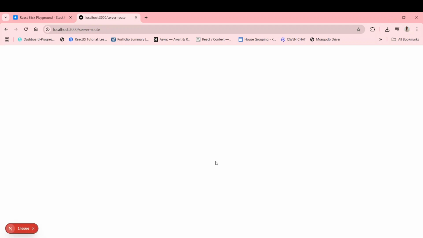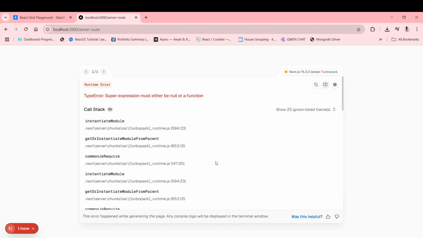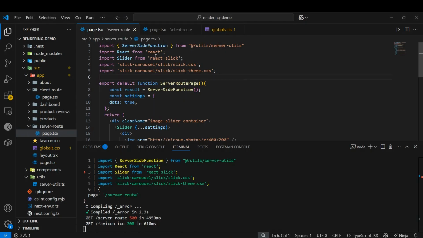So here you can see an issue that we hit a problem. Why? Well, the slider component uses the client side feature, but the library itself doesn't include the use client directive. So we could not add use client to our server route, because if we add use client on the server, then it is a problem with the security related to the server side thing, such as